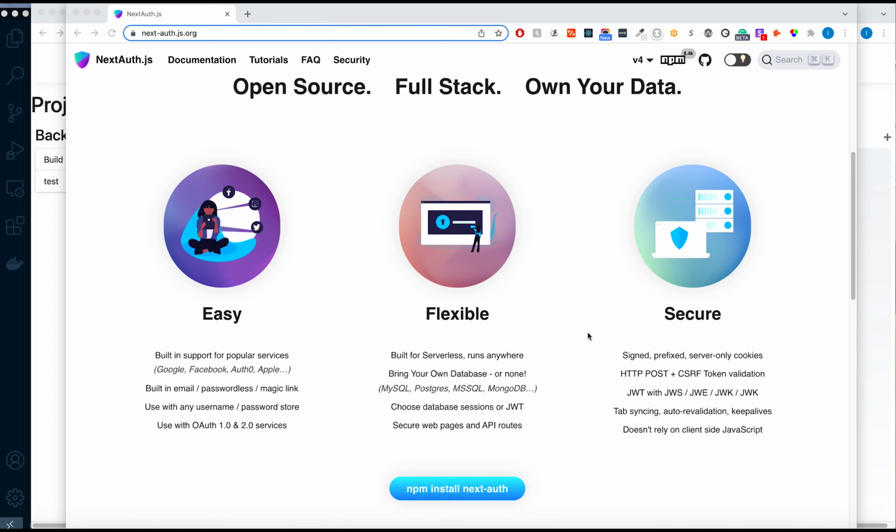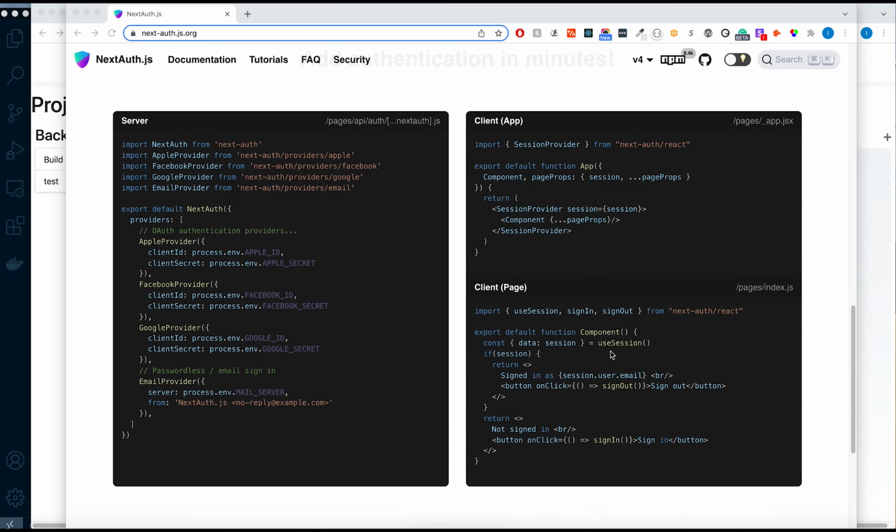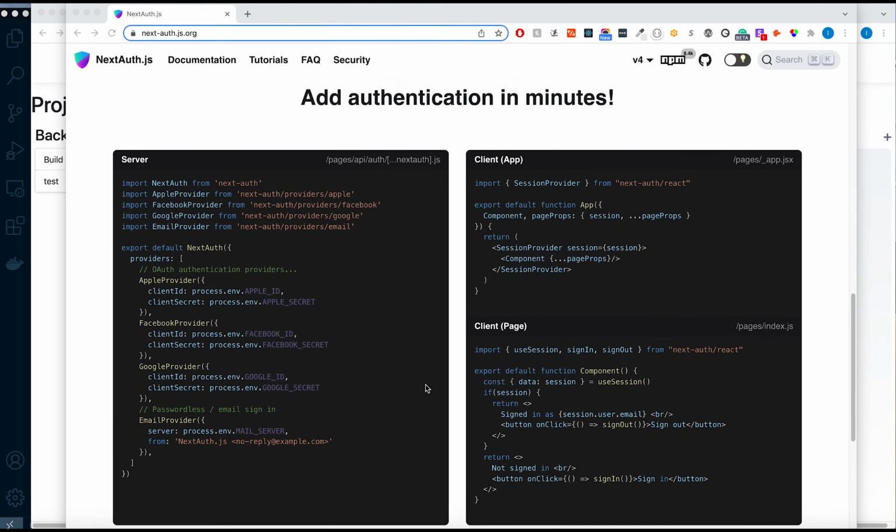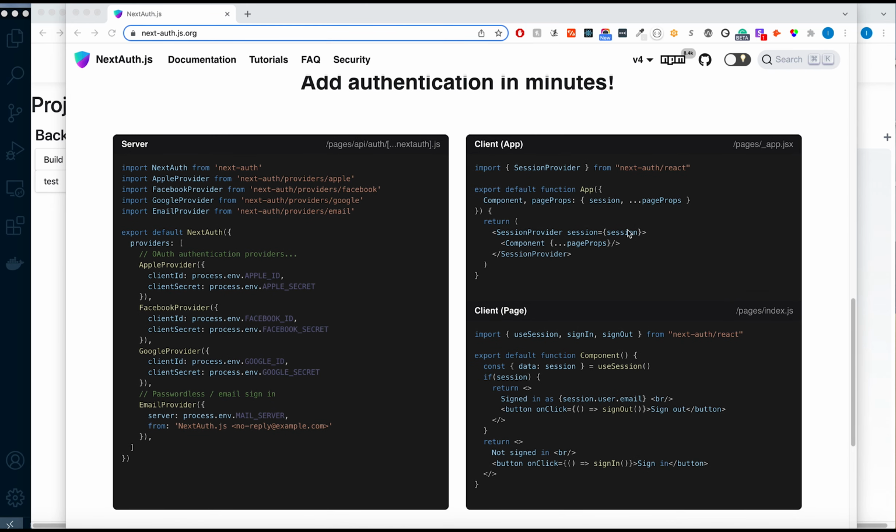And then it is secure. It sends signed, prefixed, server-only cookies. You can configure how the token validation is done, and what callbacks to be passed, using JWT. This is some of the code that we're going to use. So basically you wrap your components in the session provider, and then in the options you tell what kind of